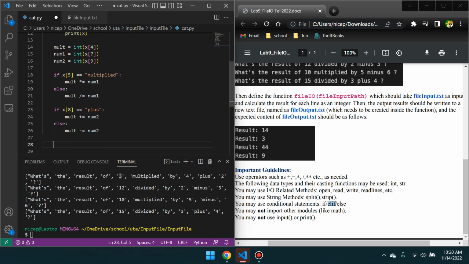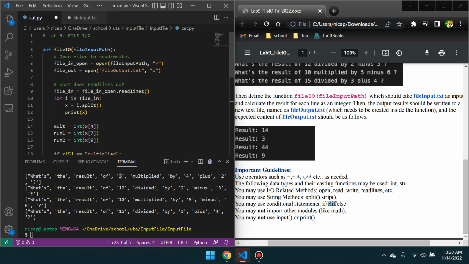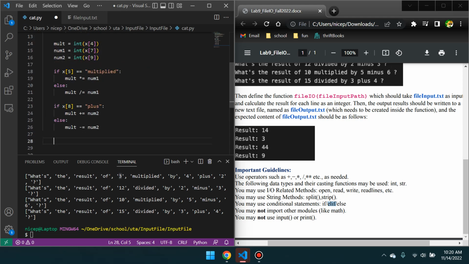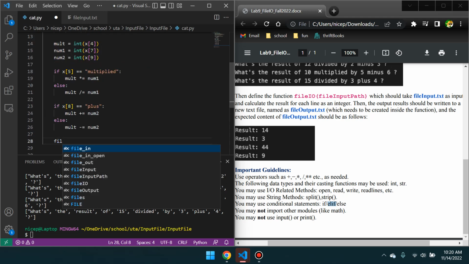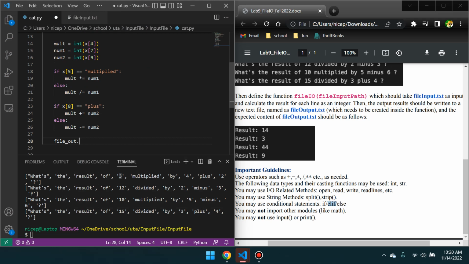And now lastly, what are we going to do with this? Well, per line, we are going to directly write it to file out. So just using the file out function, or the file dot write function. So file out dot write, and then we are going to say results with a colon, and I'm just going to concatenate it to mult,